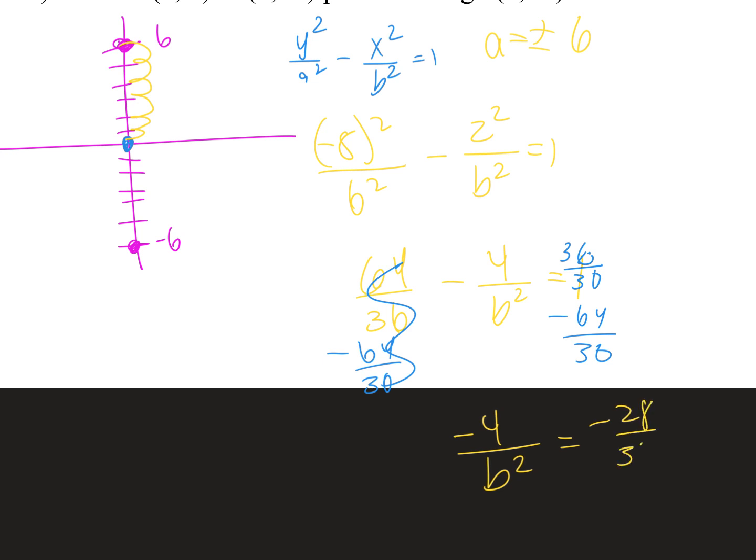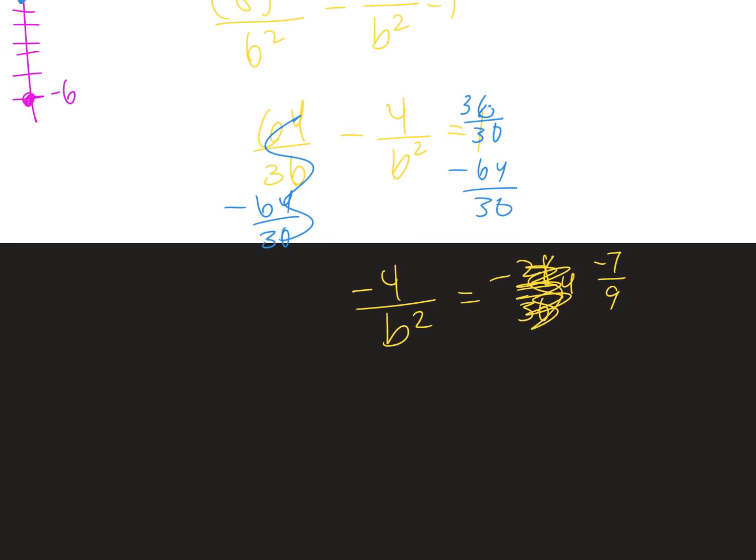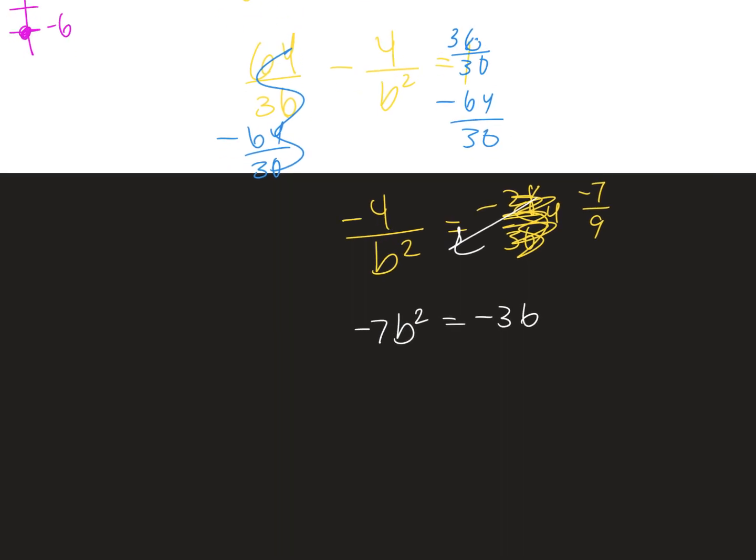-28 over 36. Now, you can go ahead and cross multiply from this point, but I'm going to go ahead and simplify a little bit. I know that 4 goes into both of these numbers, so I have -7 over 9. This makes my math a little easier. Now we can cross multiply. So I have -7 b squared equals -36. Divide both sides by -7, and I get b squared equals